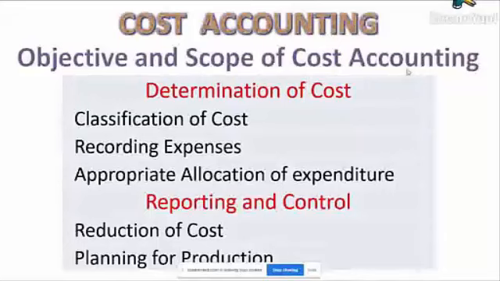Now, let us see what are the main objectives of cost accounting. It is for determination of cost. So we have to first find out the cost. If we know the cost of manufacturing any product, then only we can decide about the selling price. So everything is based on the cost. Now there is a detailed study of cost in cost accounting. We understand the various elements of cost, how to record them, and how to prepare a cost sheet, what we call a profit and loss account in cost accounting.